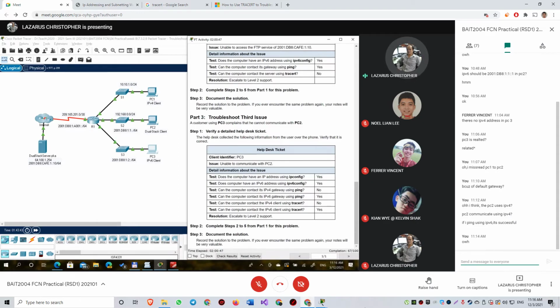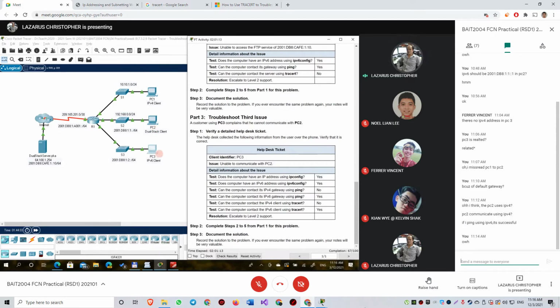Translation. We're not using those types. So let's try. Did you try PC2? Does R1 support, apart from those types, tunneling or translation like NAT64? In PC2,